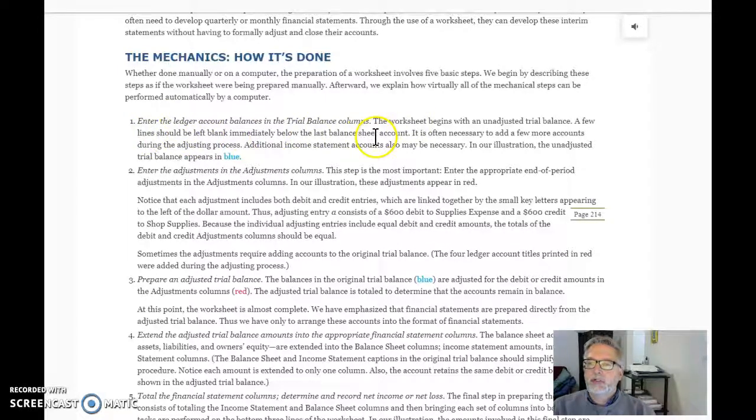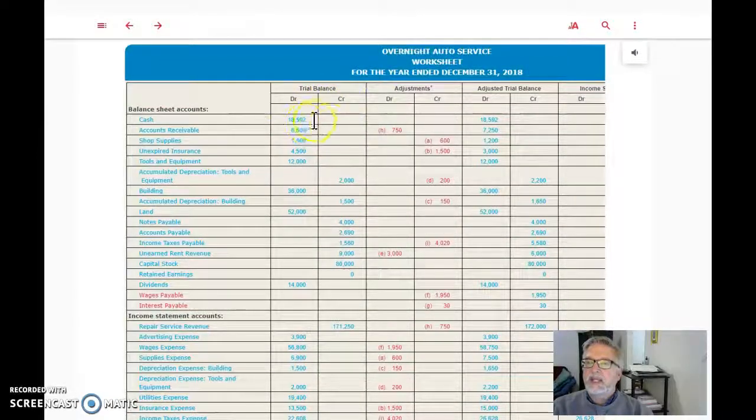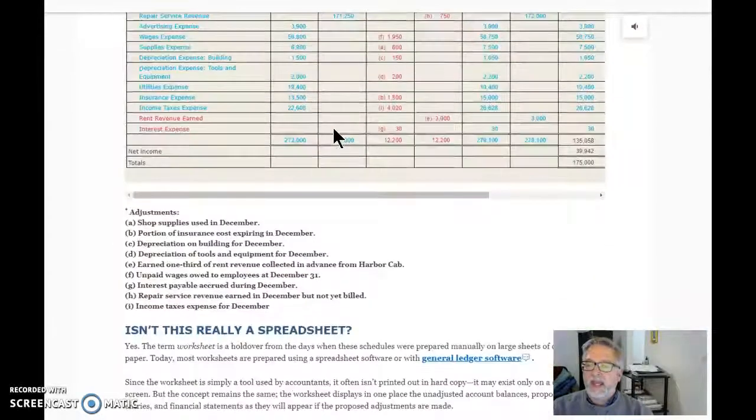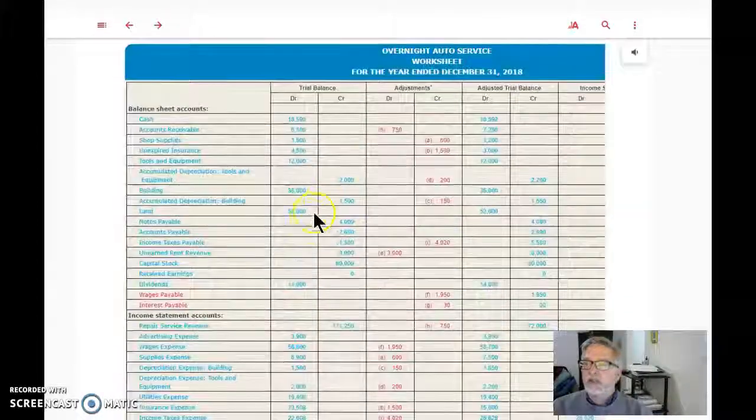The first thing you do is enter your ledger account balance in the trial balance columns. So the first column is our unadjusted trial balance. Those figures would come from your Part 1A. And then the second part, enter the adjustments. So all of your adjusting entries go in this column here, and then you get an adjusted trial